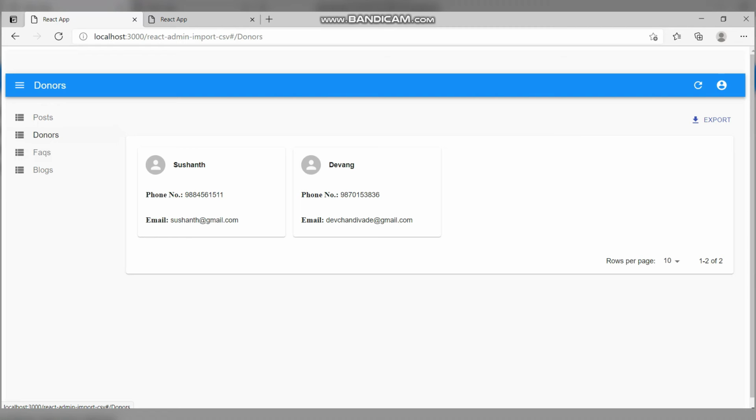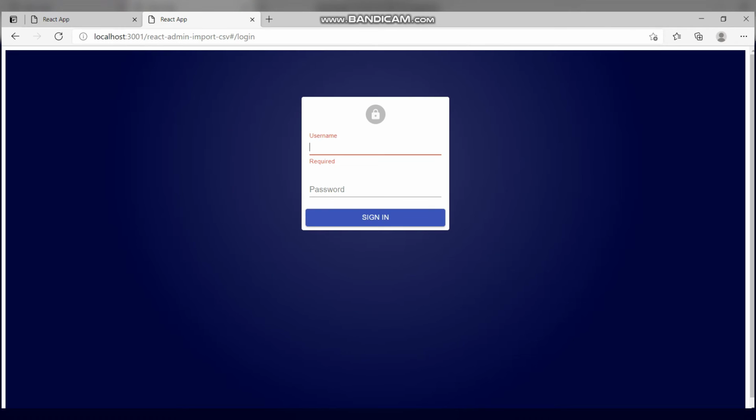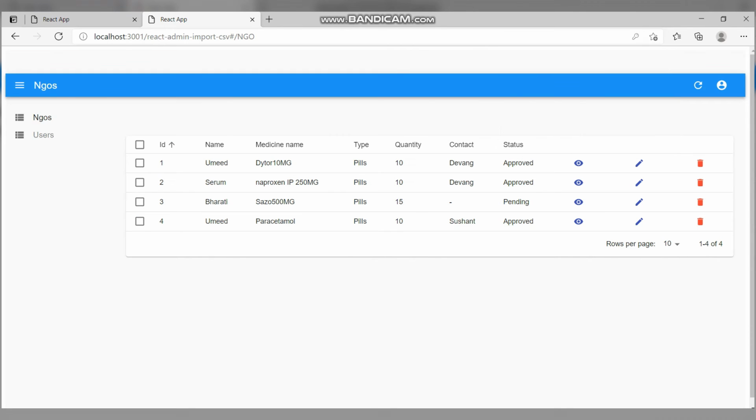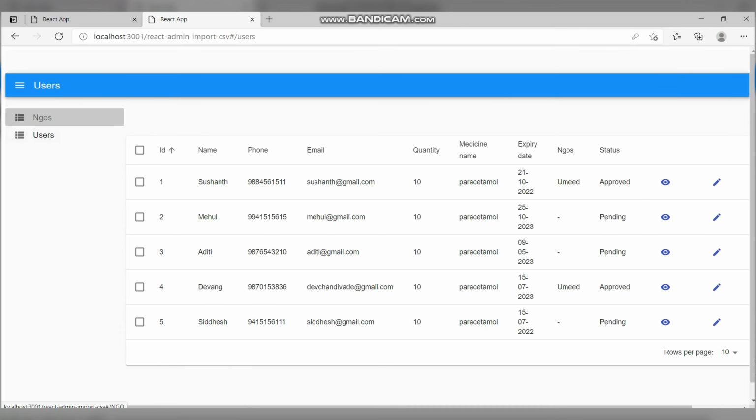So let's move forward to the admin portal. This is an admin portal where the admin can see the NGOs and users as well. Let me first log in. Let's say sign in. So these are the NGOs and these are users.